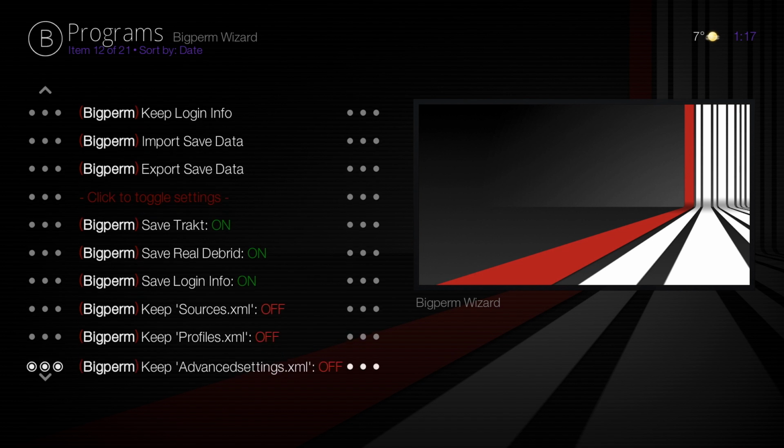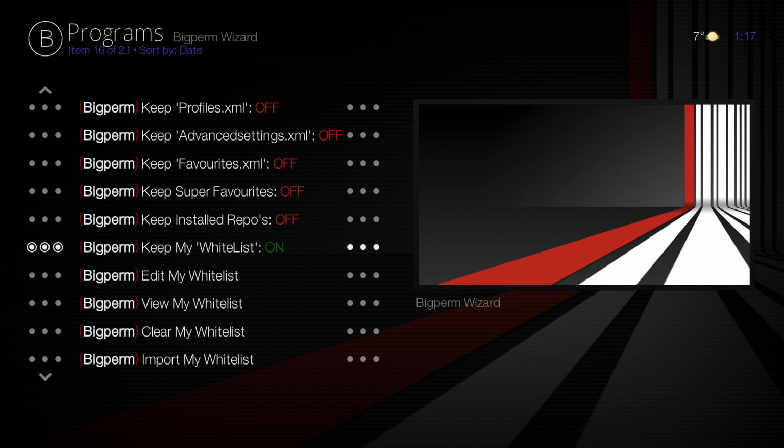Previously, what you needed to do was go down to Whitelist and edit your whitelist, and then you would add Placenta and StreamHub and all that stuff. Whereas now, you don't need to do that. The only thing you need to save in there is